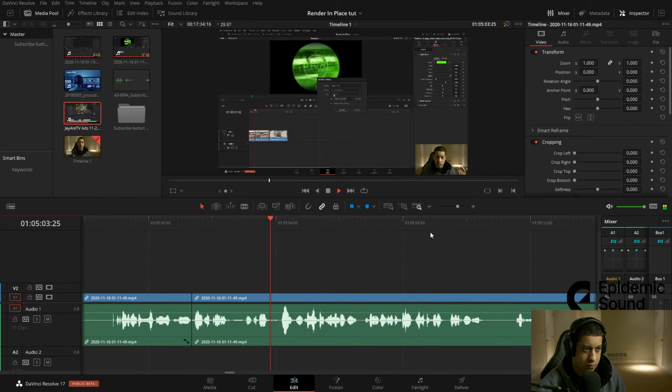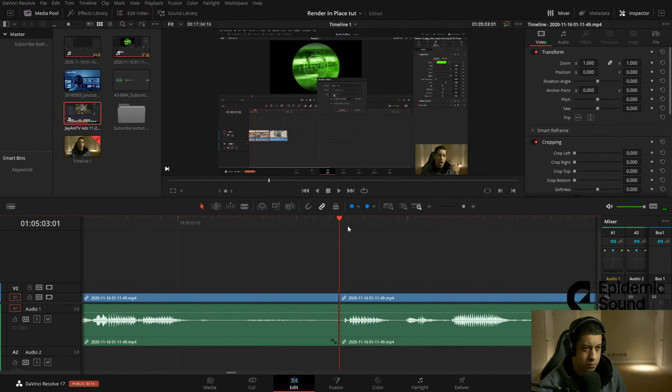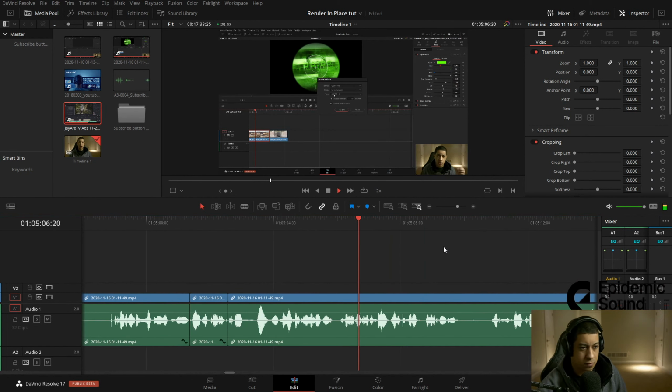File type codec to be, and the one thing to remember is this is going to make a file on your computer, and then it's going to take the current